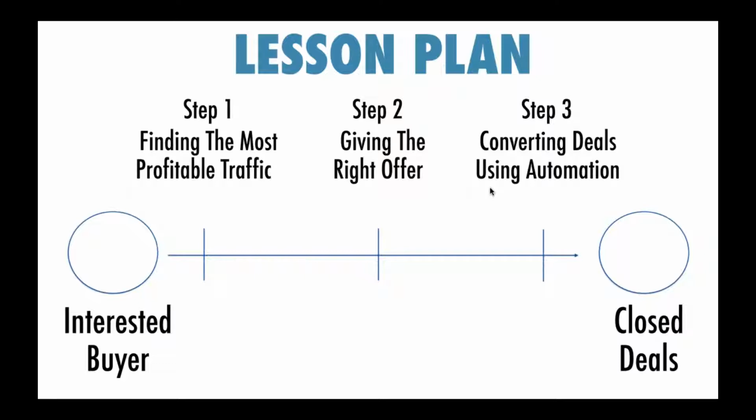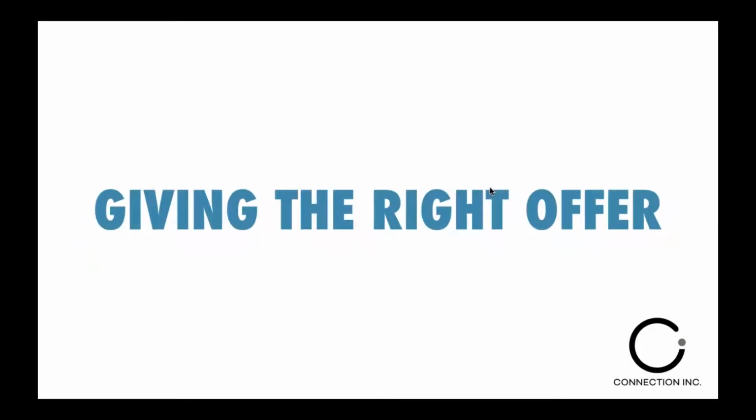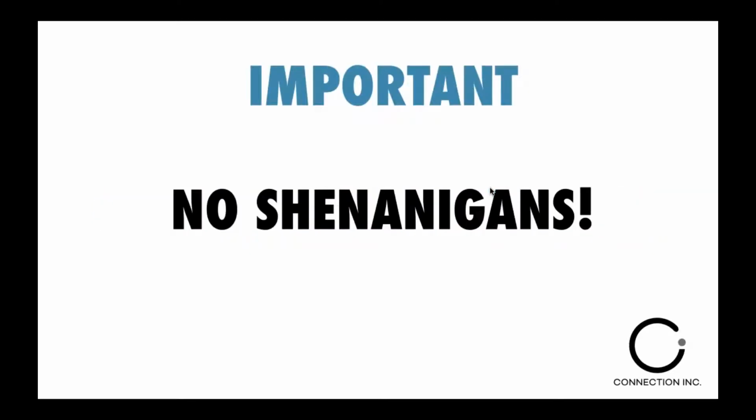If you're doing Agent Legend LO on your own, you've got step 3 covered for you. You just need to focus in on step 1 and step 2. And today's training is all about the middle. This is all about just giving the right offer to the right audience so that you can generate quality leads with your offering and you actually get that person out the other end of the funnel with a positive experience, so that when you reach out to them using your Agent Legend LO system, they're going to reply to you because you've given them a good user experience on the front end. So this is all how to give the right offer.